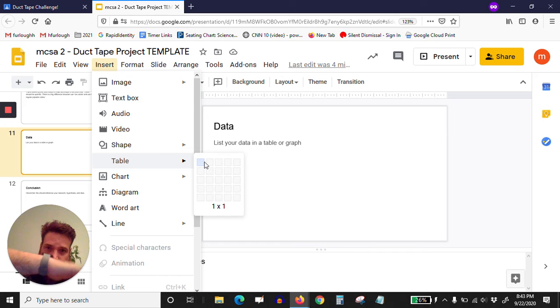Columns are vertical. Rows, columns. All right, so you have to have the title row to tell you what's in each column. Then you have to have my boat, the control, your boat, and the class average. So that's 4 columns,